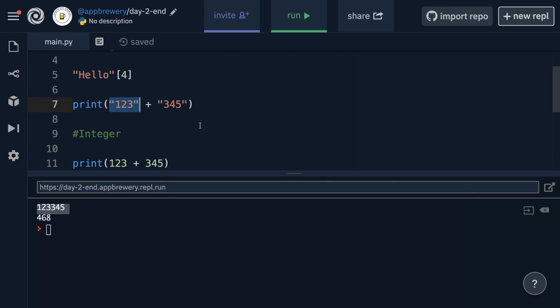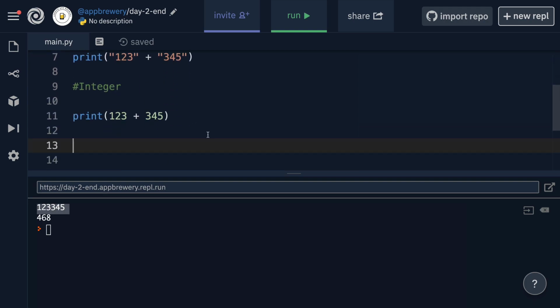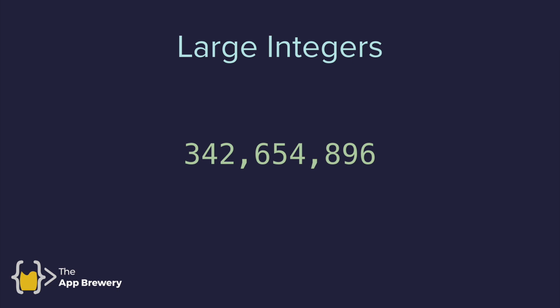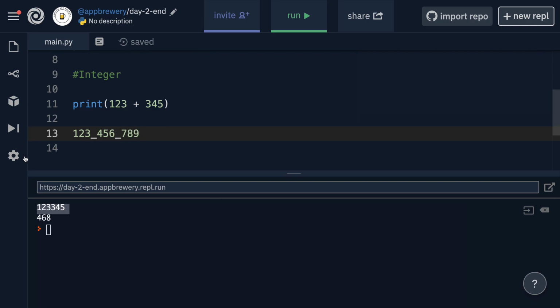Just as we have some useful things that we can do with strings, there's some really handy things that you can do with integers. Commonly, when we write large numbers, at least in the UK or in the US, we like to put commas in between the thousands. So when we think of large numbers with these commas in between to split it into an easier to understand number, in Python, we can replace those commas simply with underscores, and it will be interpreted by the computer as if you had written this. So the computer actually removes those underscores and ignores it. The benefit is just for us humans to be able to visualize it more easily.